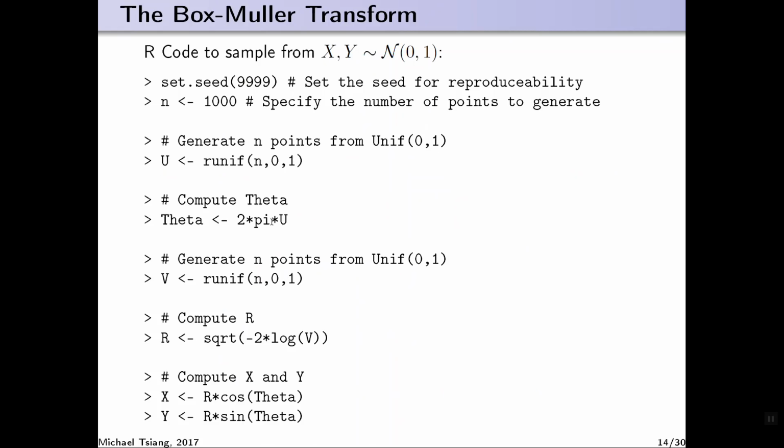So this is great. The Box-Muller transform is an excellent method for getting values from the random uniform. I mean, not random uniform, random normal. And you might ask, why doesn't R use this method? Okay. And the answer is